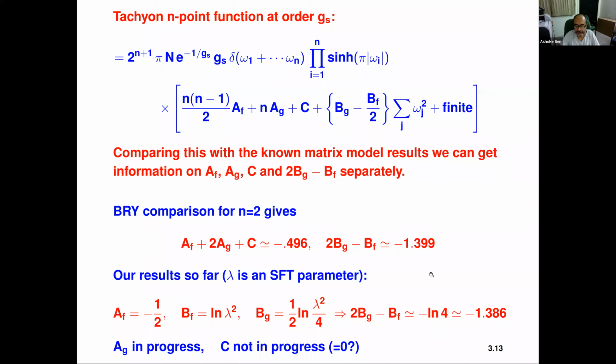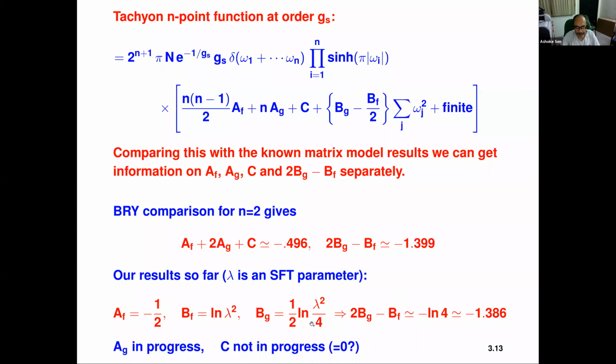Are there questions? Does this mean AG is going to be 0 from these? Well, if C is 0, then AG is 0, right? But we will calculate AG first, definitely, because AG is almost done. If AG is 0, then that will give some confidence that this argument is probably true, that C is 0. If AG is not 0, then C is certainly not 0. But we will certainly know AG before C. That I am more or less sure. We'll see how far we have progressed with AG.